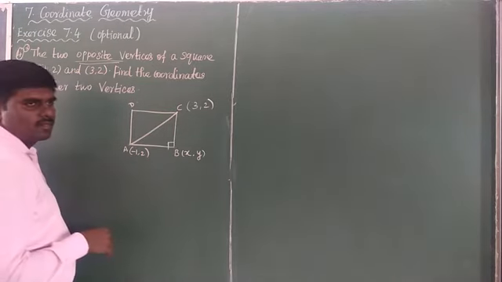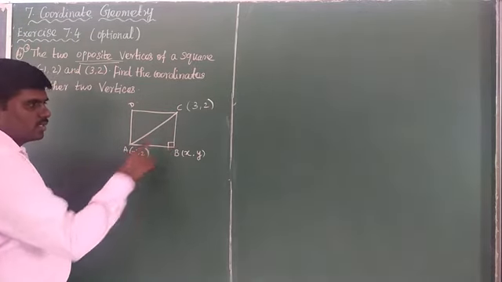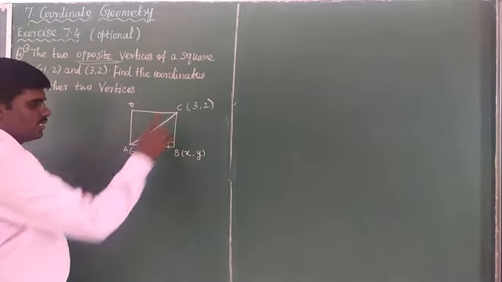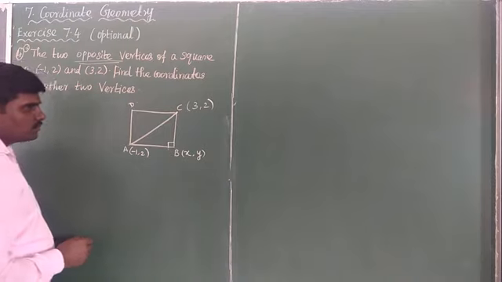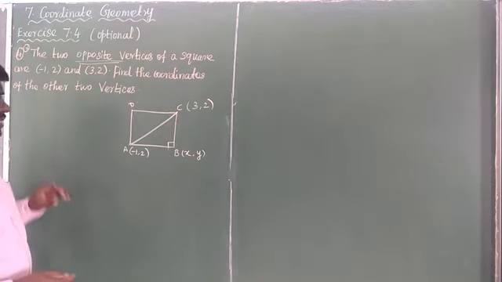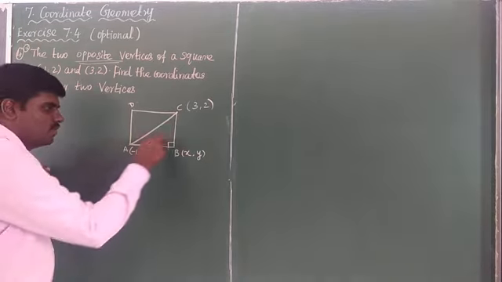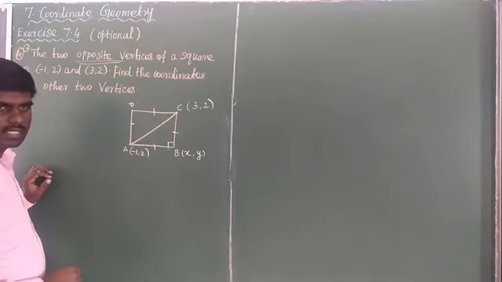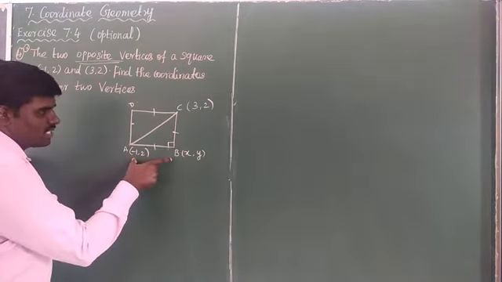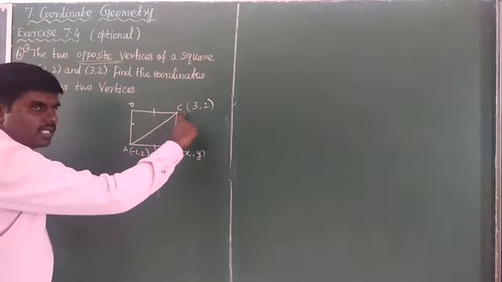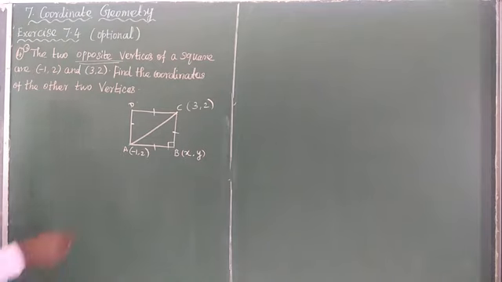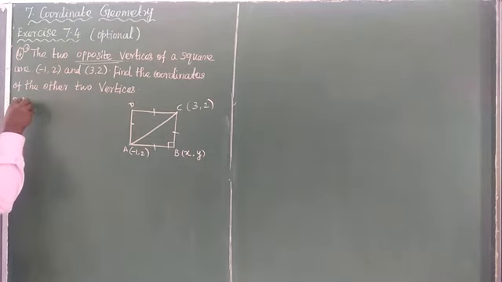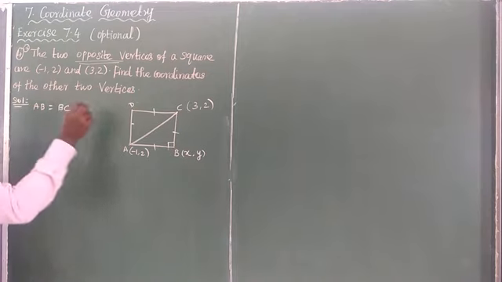What is the formula here? This is the idea: using the Pythagoras theorem, AC square is equal to AB square plus BC square. Understood? Again, what is the other condition of a square? The four sides are equal. So the distance AB is equal to the distance BC. In a square, all sides are equal, so I will take this as the first condition: the distance of AB is equal to the distance of BC.